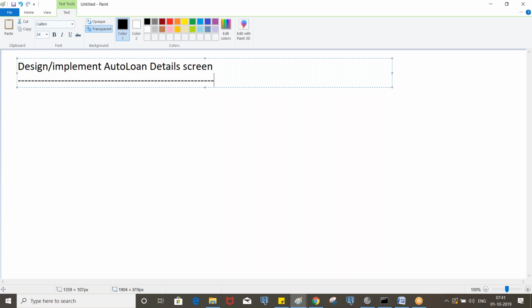In this case, we need to create all the things like the section, and any properties used in that section, under the auto loan class itself, because we are not going to use those things for home loan.